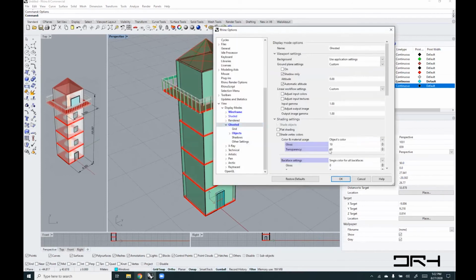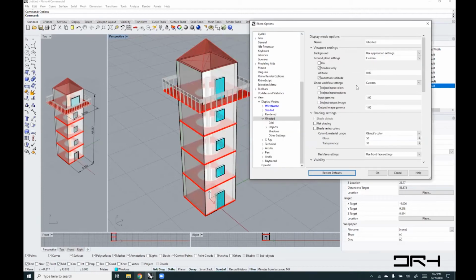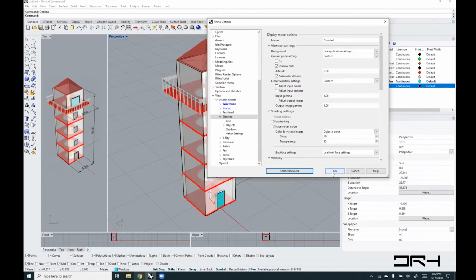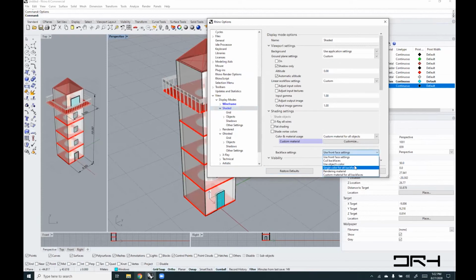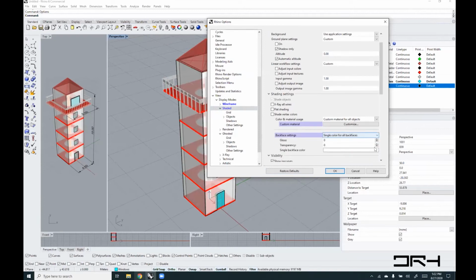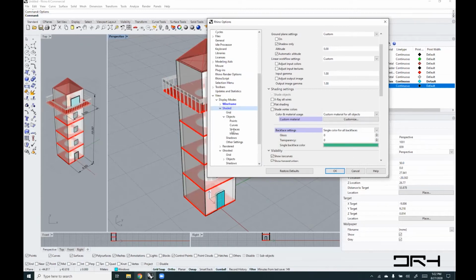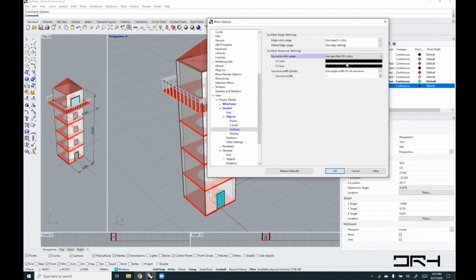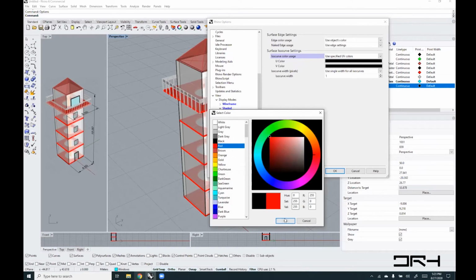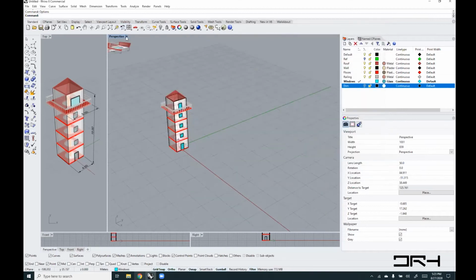Something reasonable, I don't know, 40, it depends on your application. But you can always restore the defaults here, and that resets everything to the way it comes out of the box with Rhino. Typically it's the shaded mode that we set the back color for, because it's not look-through and it's much easier. So we use a single color for all back faces, and the color would be sea green. And we also set the object surface ISO curve colors: for the U, red, and for the V, dark green. So now if I go to shaded mode,